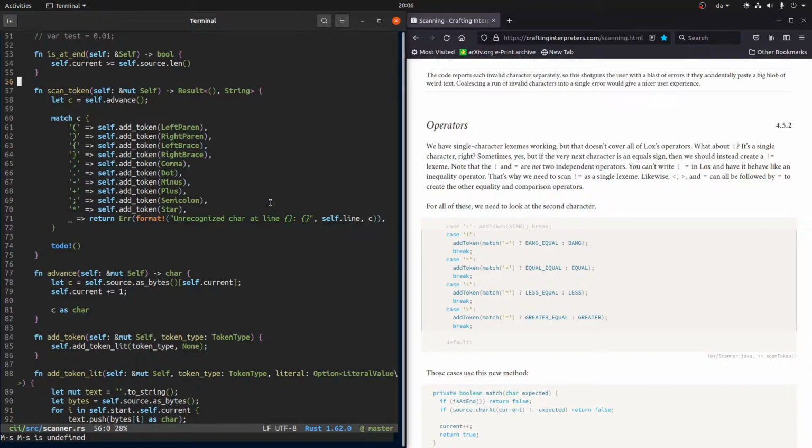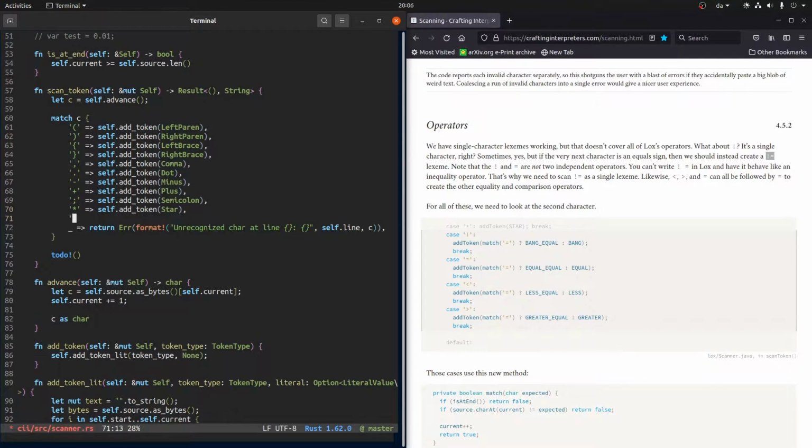What we want to support now is multi-character operators. For example, the bang or the not operator is a single character, but if it's followed by an equal sign, it becomes a multi-character operator. So what we want to do is to see that if we get a bang, then we